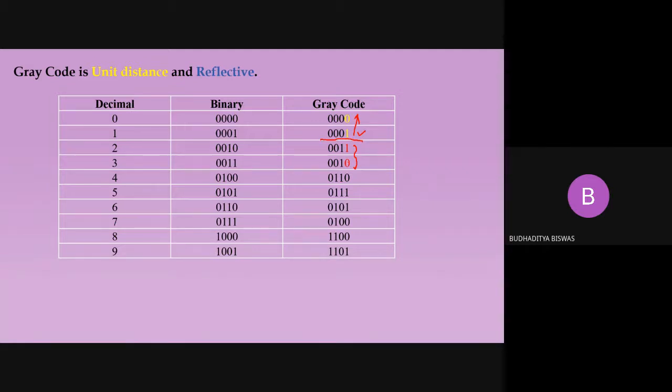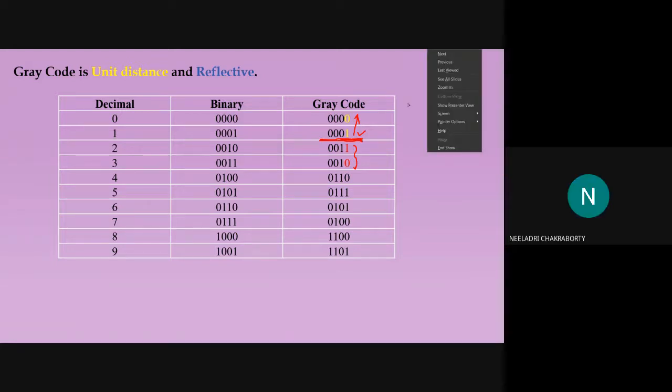Understand? 2 things are marked in yellow color. If the mirror is placed here, in this line, then you see this is the LSB of the unit, this mirror image. It's equal to 1 0. From here also it is equal to 1 0. Got it?